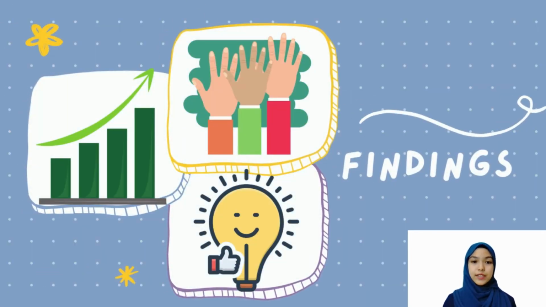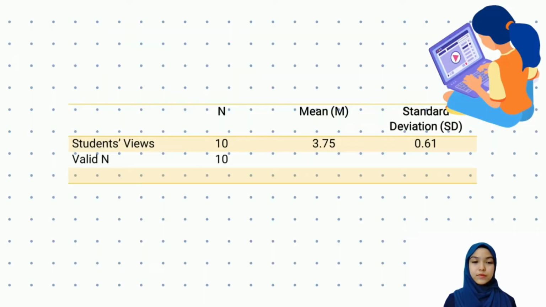So the first finding was analyzed based on the video recordings to answer the first research question. The results showed that the implementation of online interactive activities has a positive impact on increasing students' participation. A significant difference based on the students' response can be seen after the implementation of online interactive activities. The students speak more and respond better in the class.